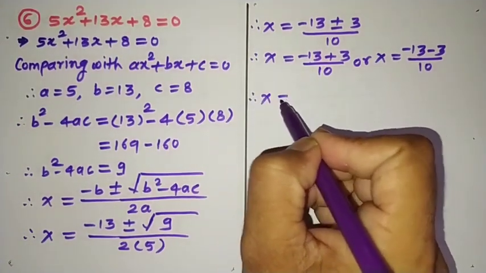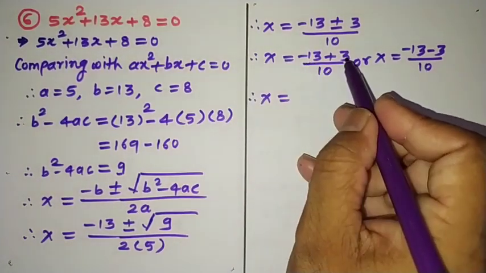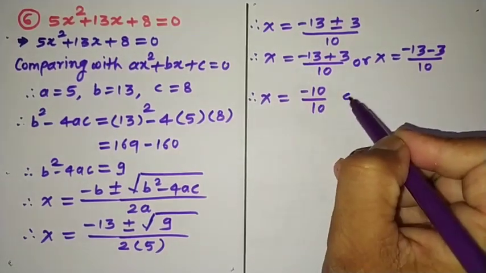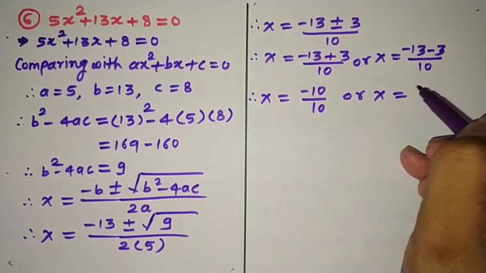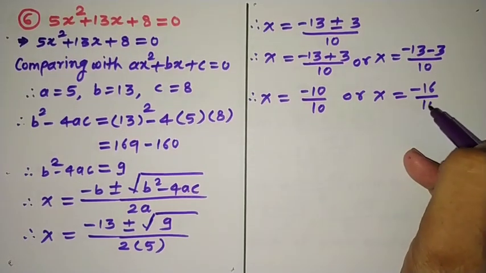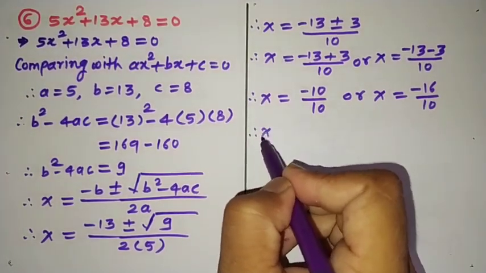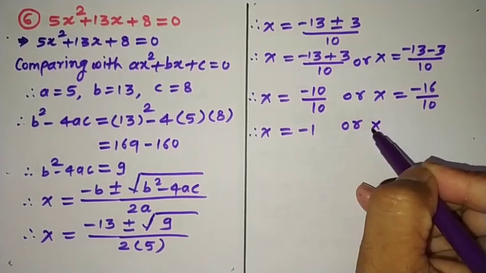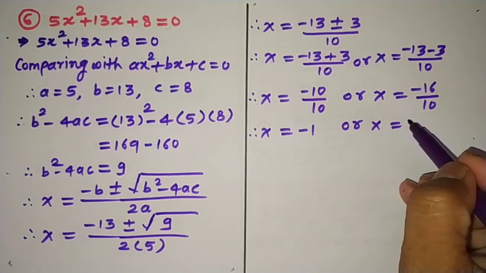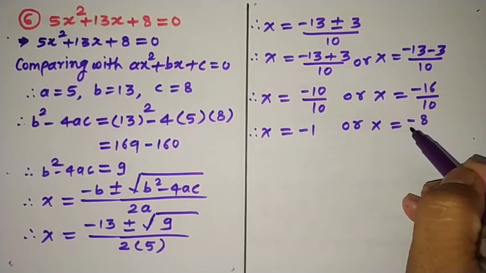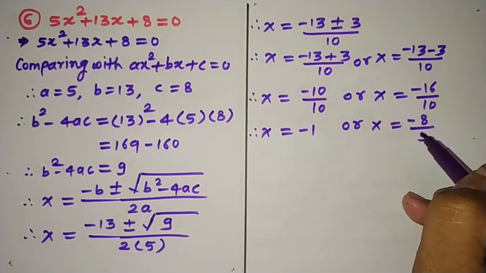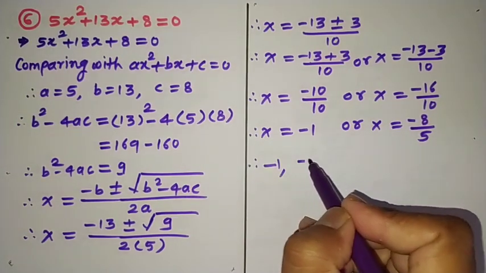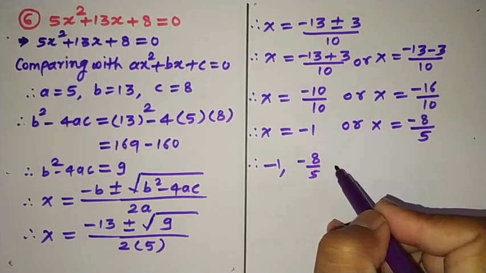Therefore, x is equal to minus 10 upon 10, or x is equal to minus 16 upon 10. Therefore, simplifying, minus 1, or x is equal to 2 8s are 16, 2 5s are 10. Therefore, minus 1 and minus 8 upon 5 are the